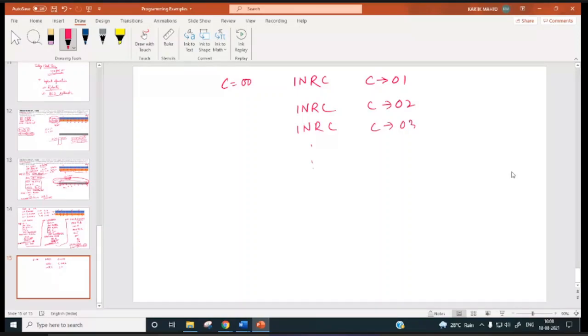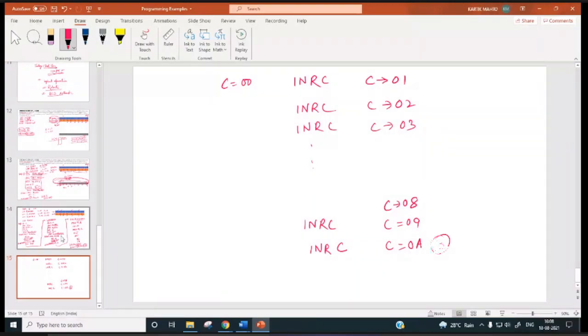Similarly, when C content is 08, if you do INR C, what will be the C content? 09. Now, if you further increase this register C, what will the C content? Anyone? 0A. It will be 0A, not 10.